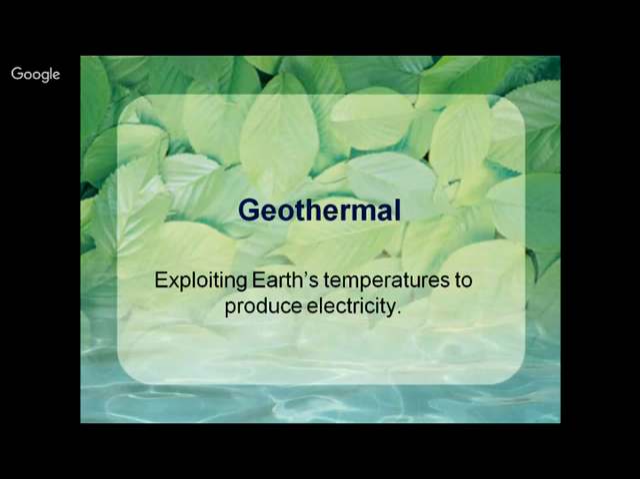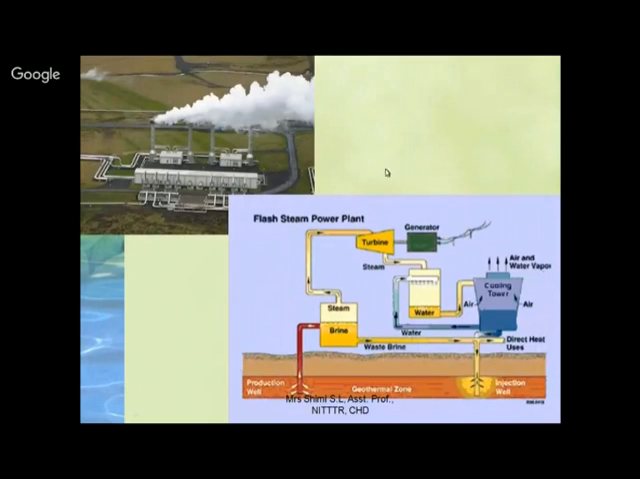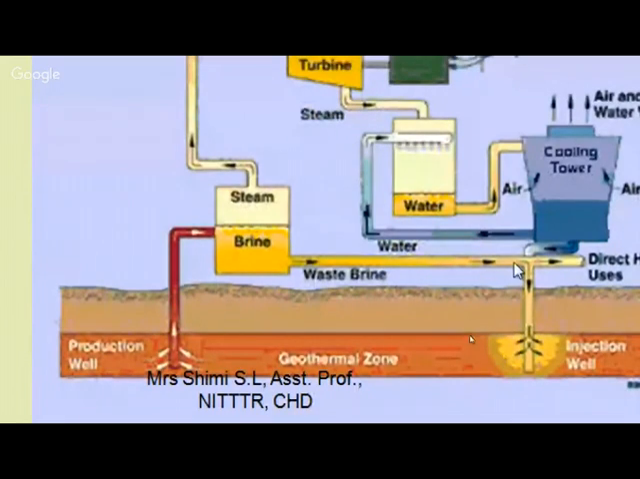Next is geothermal. Geothermal, as you all know, is exploiting Earth's temperature to produce electricity. Inside the Earth crust you have rocks, and it is around 4,000 degrees C. So the rocks also melt, and from the melted rocks high steam will be coming out. You can see this, from small ducts high steam will be coming out, so this steam can be used for generating electricity. Here you can see one real-time plant and the structure. In this structure the high steam